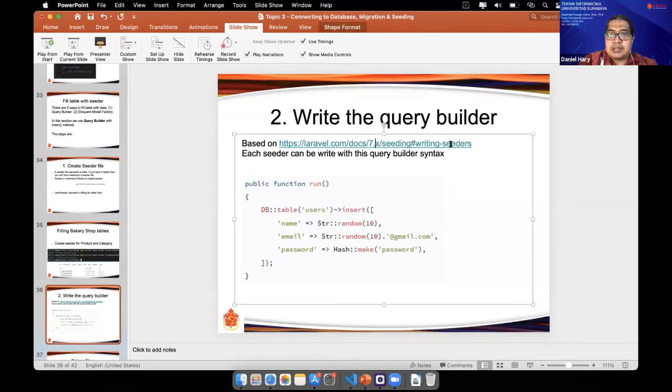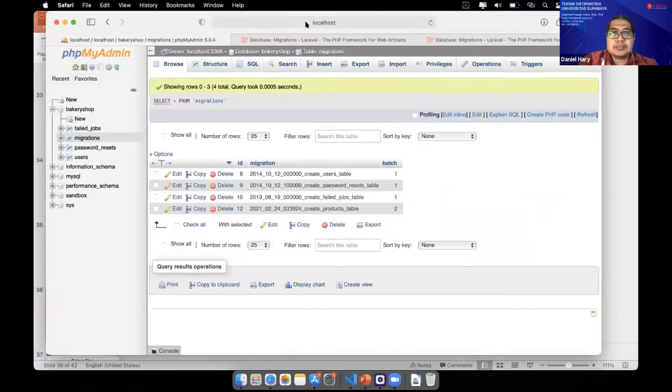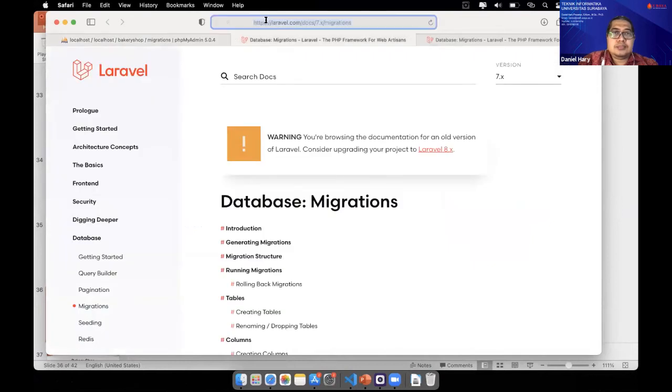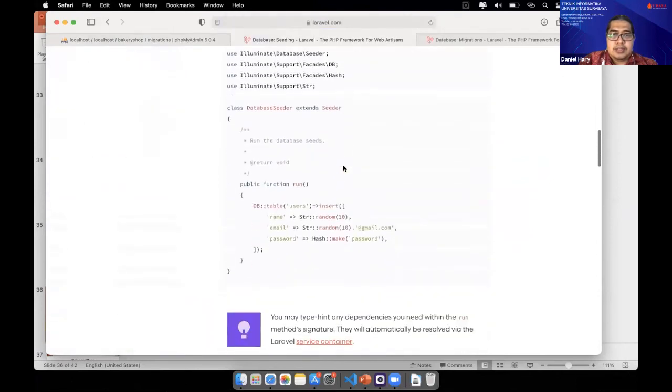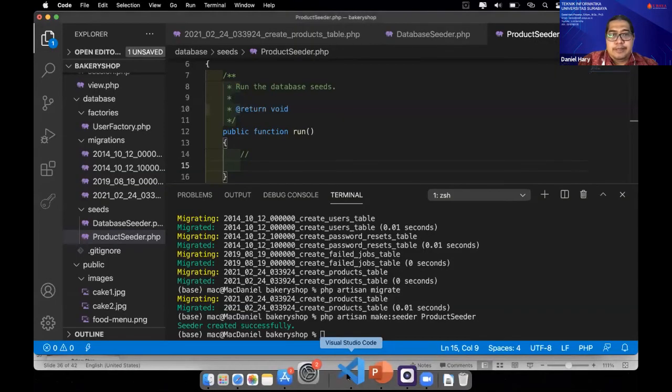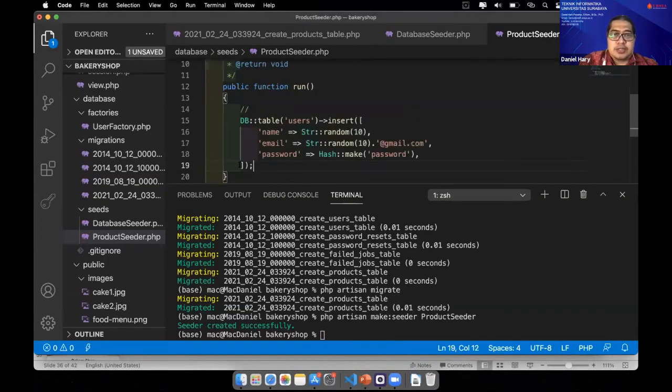Following this writing seeders guide, open this website. We can copy the structure of the DB table insert from there. Copy it, put it here and modify it.